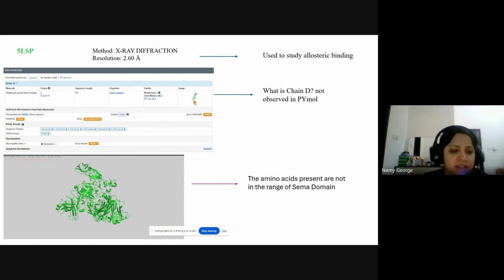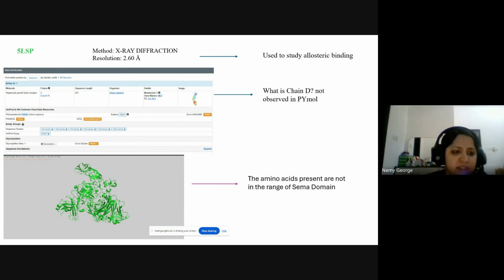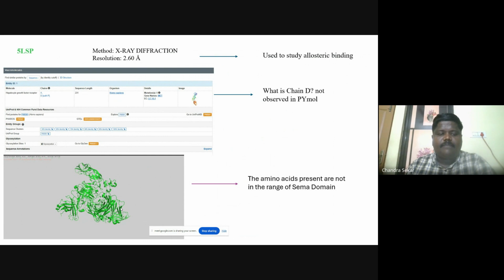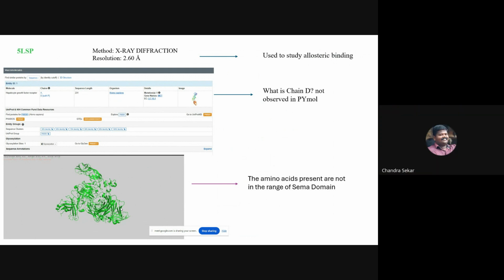Sir, in the same way, it was written like chain A and chain D, right, sir? Yeah. So two chains, one is hepatocyte growth factor, but I couldn't find that in PyMol. Actually, they might have referred to it differently. The author referred to it as P, and they gave the designation as D. What is the meaning of that? I didn't understand. Wait a minute, I'll share my screen.